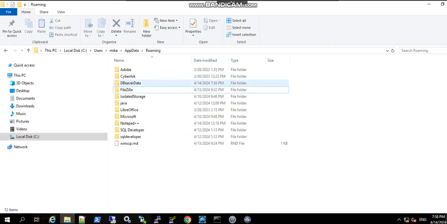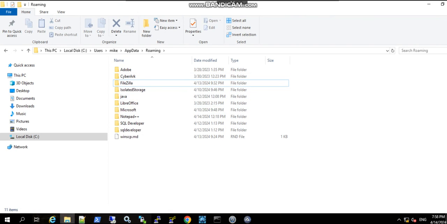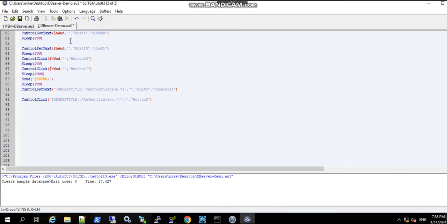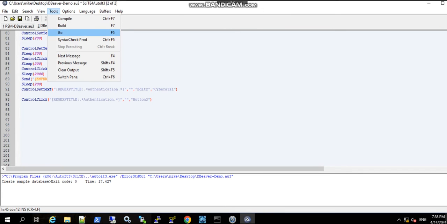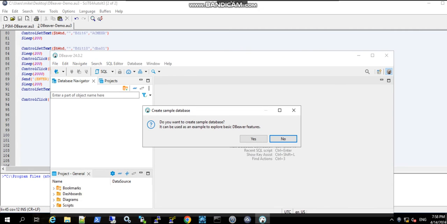So let's see. We'll delete the DBeaver data. I will not compromise on anything working correctly. We need to handle it perfectly so that we are successful in launching it in any situation. Click no,